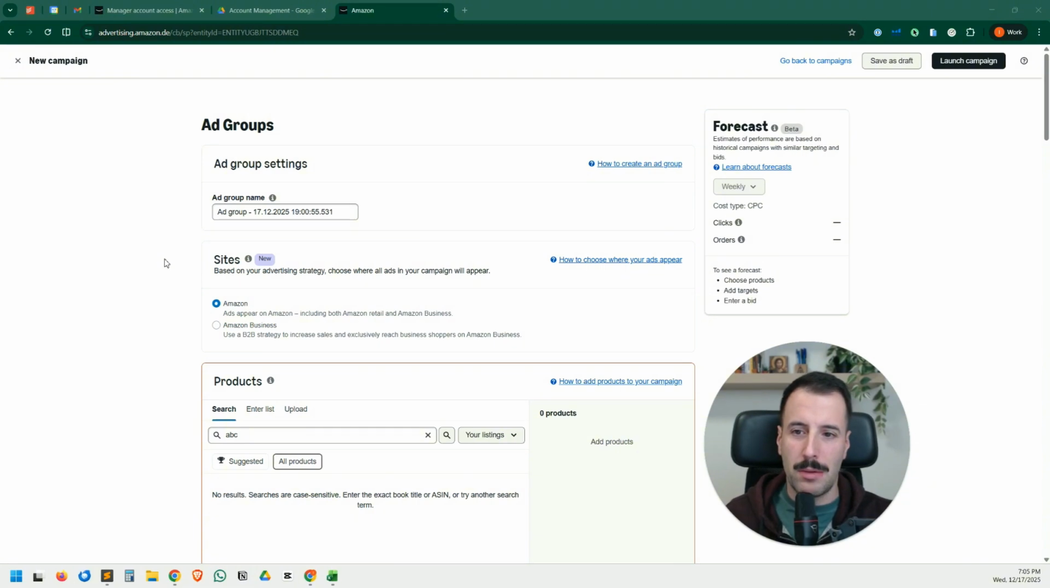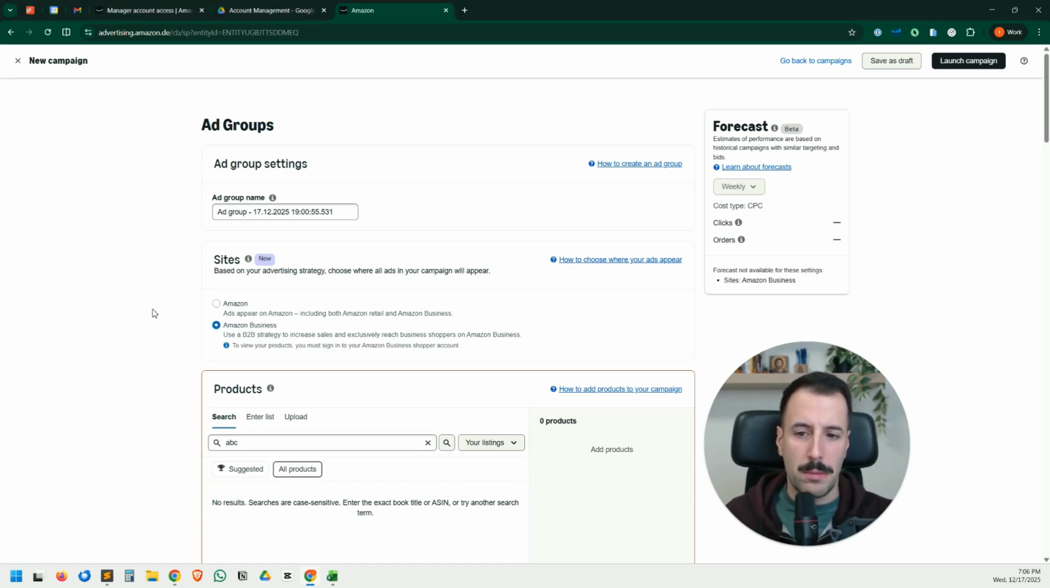But I will show you how you can structure your campaign specifically for Amazon Business, and I will tell you what are some of the specifics and benefits of creating it this way. So you start with your regular sponsored product campaign, and here for the sites, you have the ability to select only Amazon Business. Then you proceed